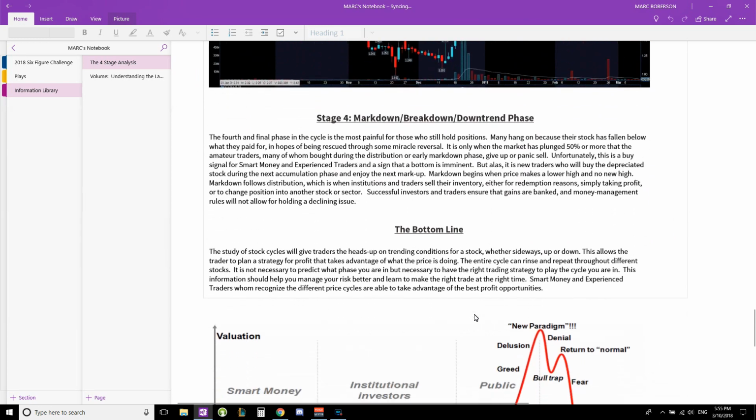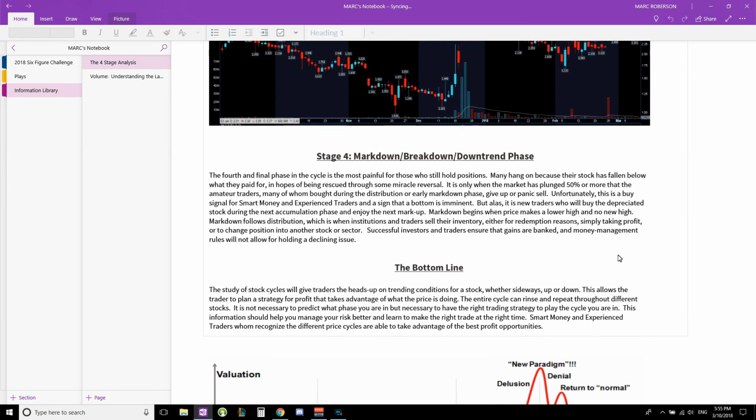Okay, now moving on to stage 4. Stage 4 is the markdown, breakdown, downtrend phase. The 4th and final phase in the cycle is the most painful for those who still hold positions. Many hang on because their stock has fallen below what they paid for, in hopes of being rescued through some miracle reversal. It is only when the market has plunged 50% or more that the amateur traders, many of whom bought during the distribution or early markdown phase, give up or panic sell. Unfortunately, this is a buy signal for smart money and experienced traders, and a sign that a bottom is imminent. But alas, it is new traders who will buy the depreciated stock during the next accumulation phase, because the cycle rinses and repeats, and they enjoy the next